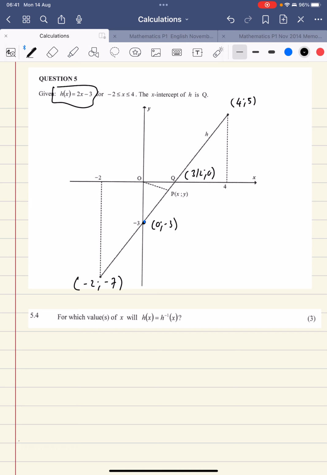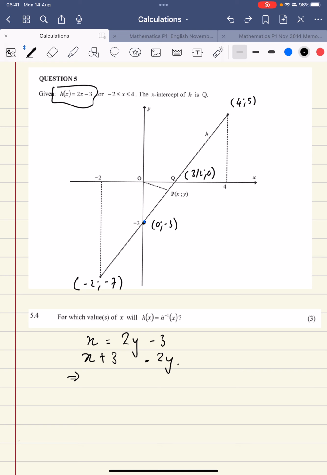How do we find the inverse of x? Well, all we do is swap the x and y around. So we'll say x is equal to 2y minus 3. And now we solve for y. So then that becomes x plus 3 is equal to 2y, which means that